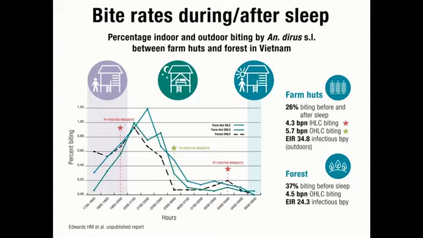Here is the same thing but for Vietnam, and you can see that a lot of biting occurs between 7 p.m. and 4 a.m., and that higher transmission happened in Vietnam than in Thailand. Here we have 3 infected mosquitoes that we found, at 7 o'clock, in the middle of the night at midnight, and at 4.